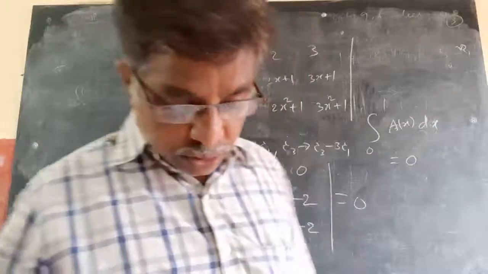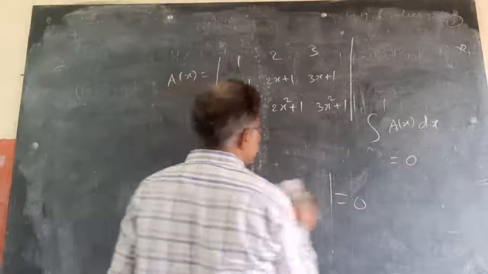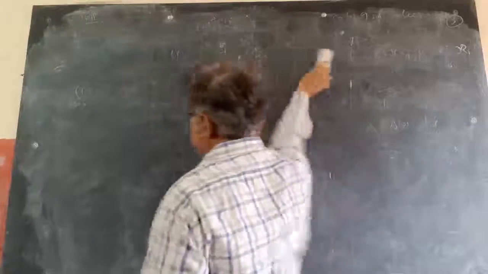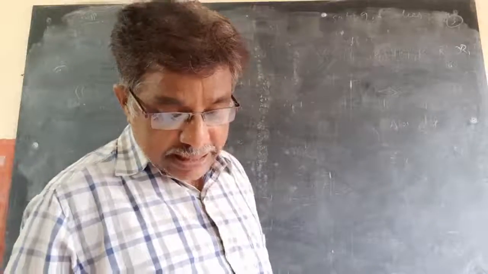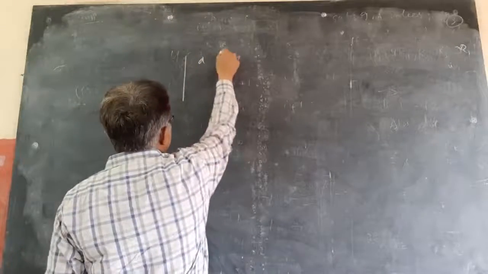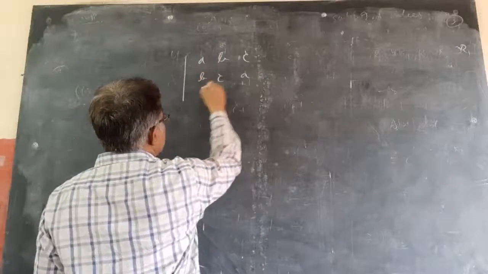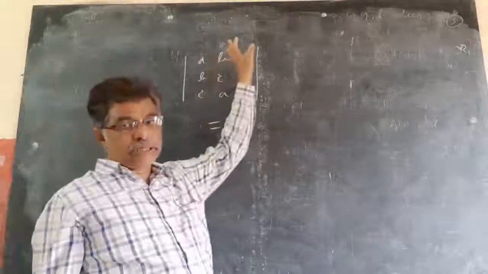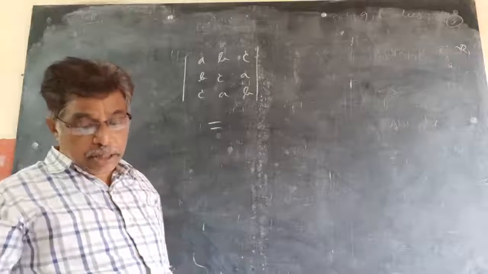Next, coming to 2016, one more question on determinants. This is 2015. Coming to 2016 question. If A, B, C are distinct positive real numbers, then the value of the determinant with rows A, B, C; B, C, A; C, A, B. Better remember this by heart, I told this value is 3abc minus a cube minus b cube minus c cube, if you remember. Otherwise we will do it.